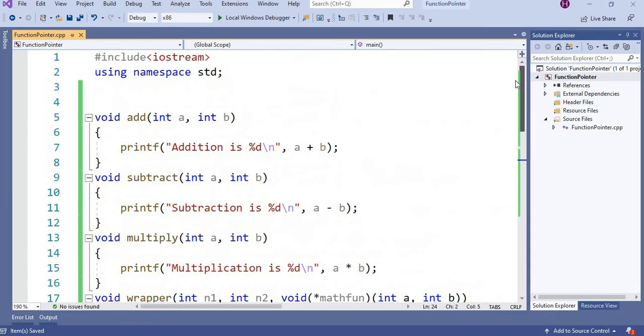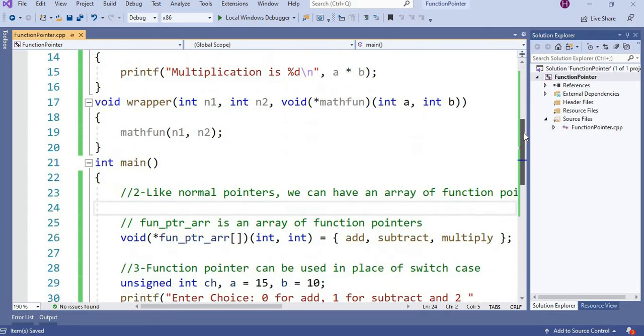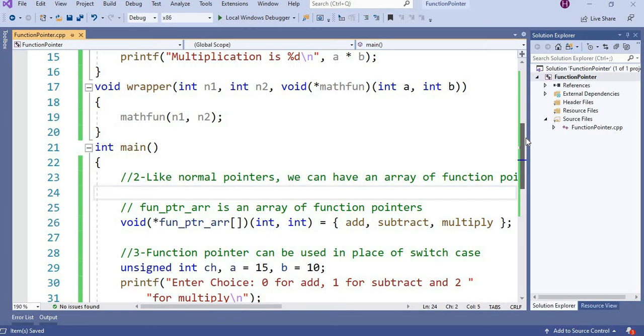A function pointer can also be used as an array of function pointers. It's simple: as you create an array of pointers, you can create an array of function pointers, but it's slightly different.